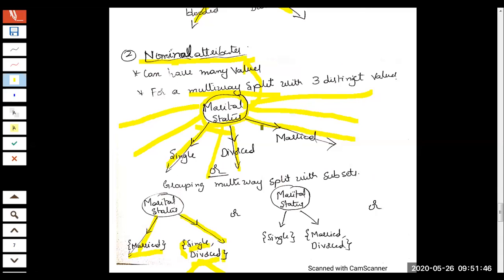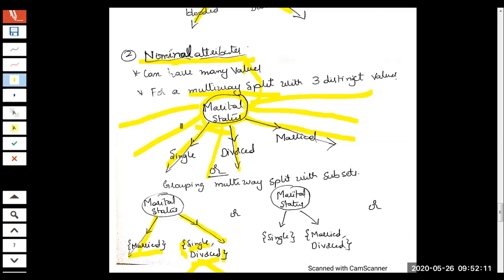So regarding audio clarity and the visibility on the screen, I was discussing nominal attributes. We understood what a nominal attribute in a decision tree is. A decision tree will have different attributes as nodes. Depending on how the branches are generated from a particular node, we assign different names.